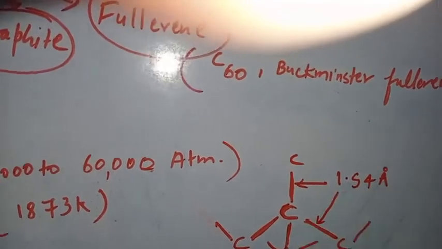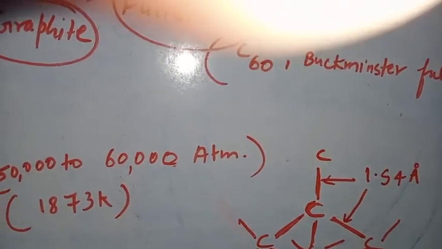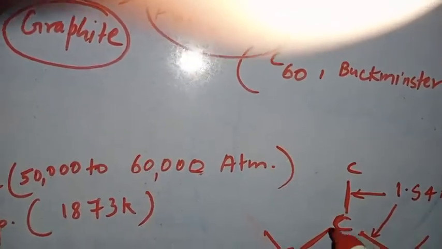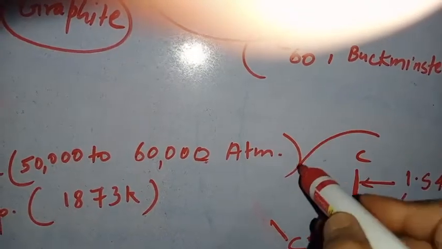So the bond is about 1.54 angstrom long, and surrounding 4, if you take one